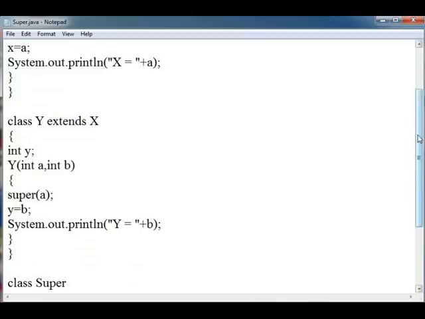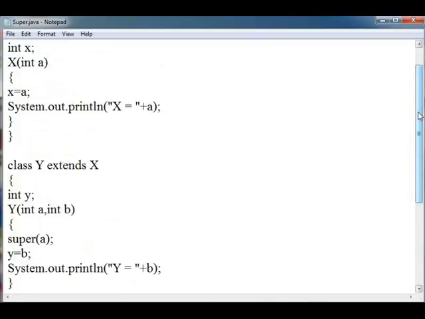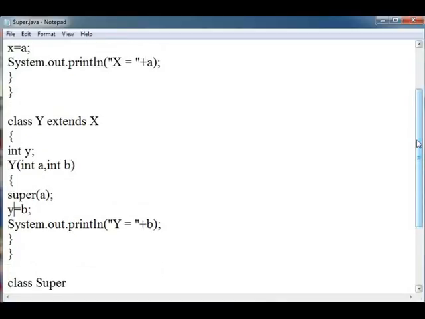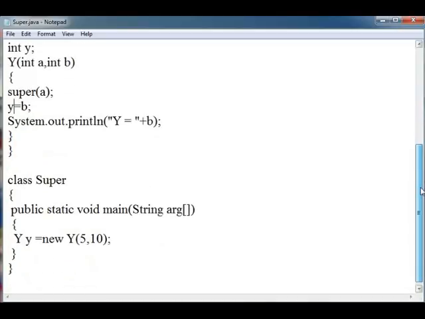Okay, so now we have two classes, class x and class y. Class x initializes the value of x and prints the value, and class y, which is inherited from class x, prints the value of y. Okay, so now in the main class super, I have created one function main.